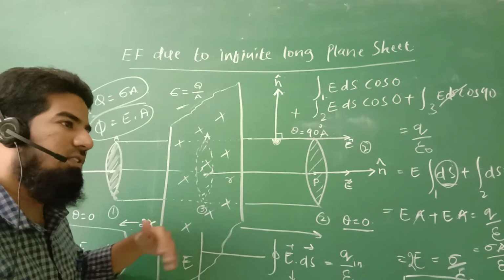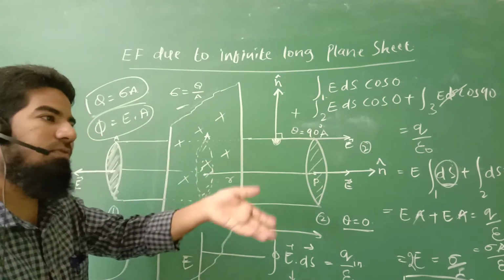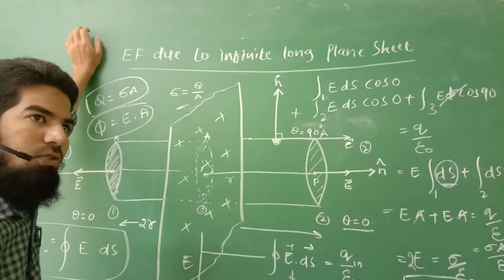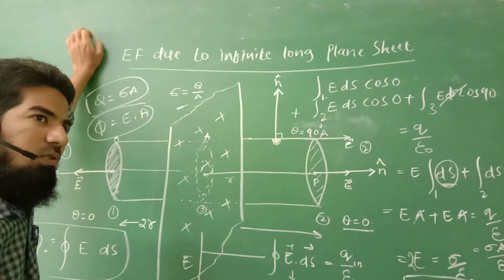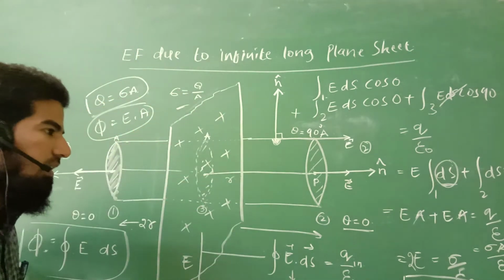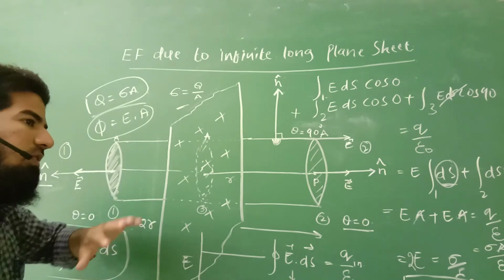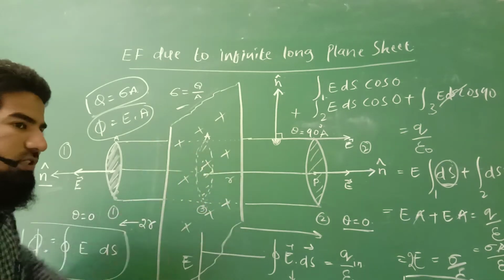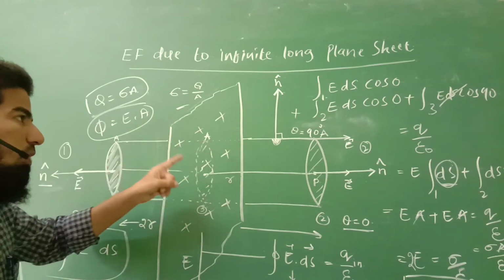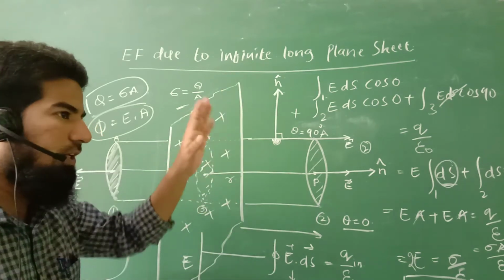Suppose in our previous classes we have seen that we calculated the electric flux in a cubic system. In a closed system, we have taken a cube. In that cube there are 6 faces, and on every face we calculated separately, phi 1, phi 2, up to phi 6. We calculated all those 6 fluxes. Like that, here also we have to calculate one by one, so we have to integrate all these things.